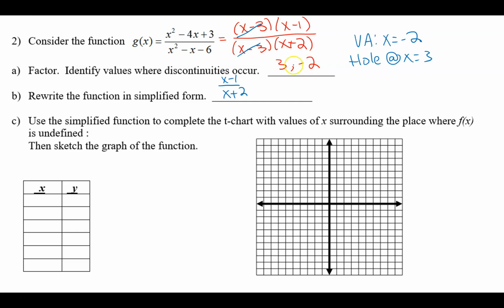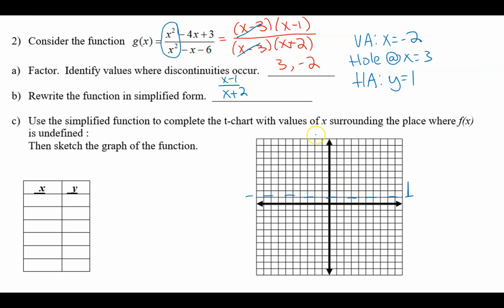So both of these gave me some kind of discontinuity. What got canceled out is my hole. I cancel it out of the equation. We're going to cancel out of my graph. What's left is my vertical asymptote. I'm also going to go ahead and do my horizontal asymptote. If I look, they both have the same power, so I'm going to simplify. X squared over x squared is going to simplify to be y equals 1. So I'm going to go ahead and